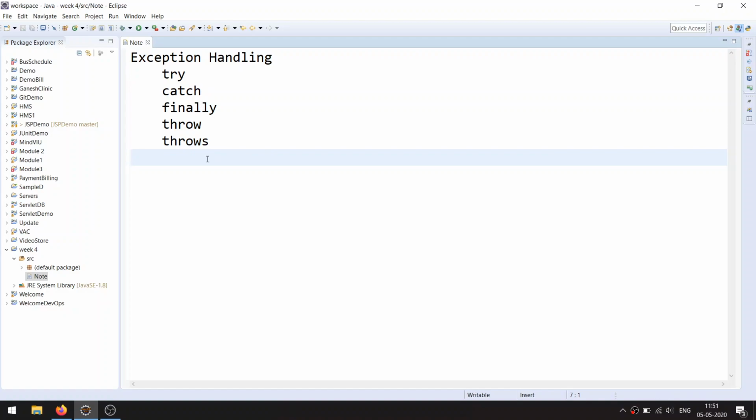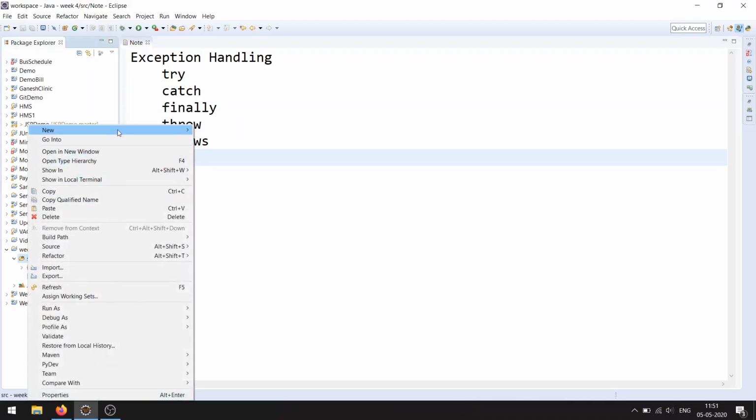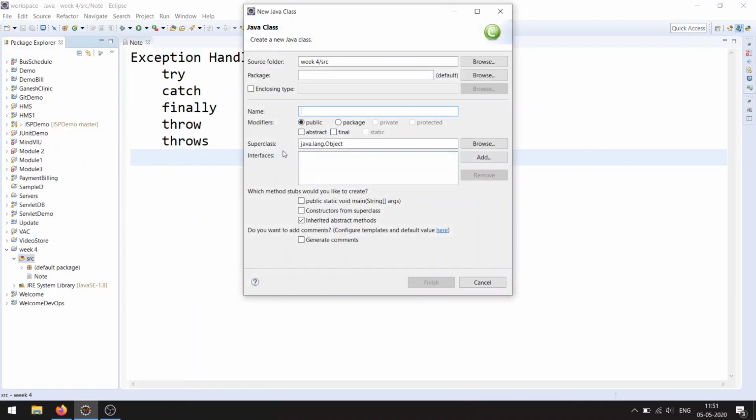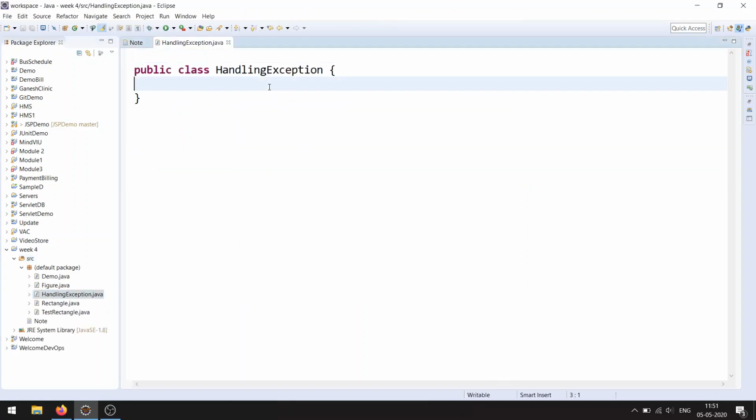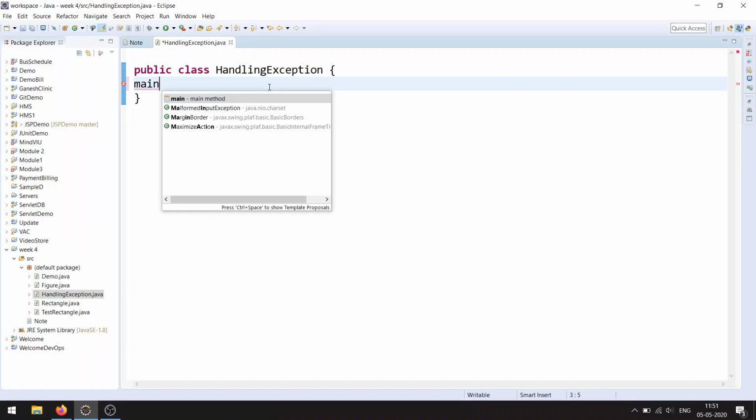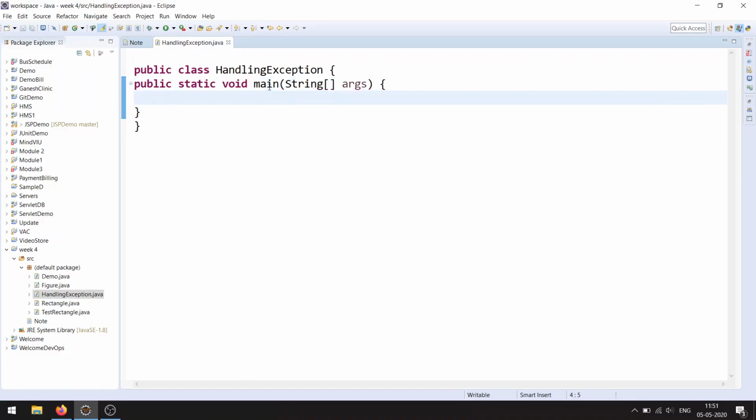Now we will see the demonstration. We will see the simple demonstration on working with these blocks in Java. So now I'm going to create a simple class, handling exception. So here I would like to have a main method, and inside a main, so in exception handling there are